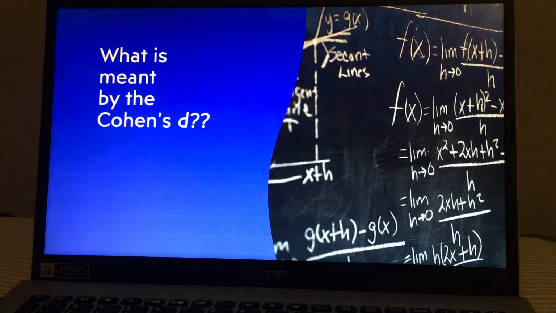And it is in this context that the story gets a little bit messy. In this scenario, there are going to be several different versions of Cohen's d that you might want to use. To understand why there are multiple versions of Cohen's d, it will help to